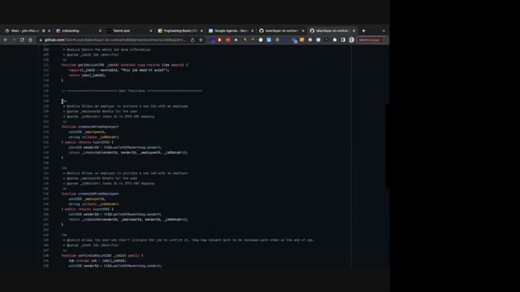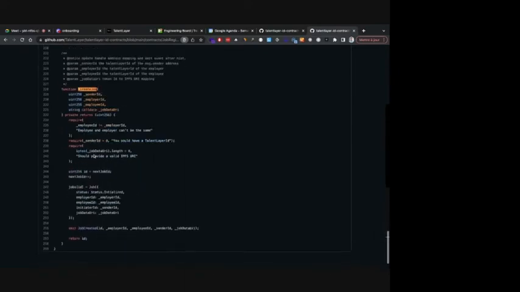So now we can go with the job creation. You actually have two functions. The creation when you are an employer, so the more usual one. Here an employer can come and say, okay, I want to create a job. We first get the TalentLayer ID, just by getting from the TalentLayer ID contract the ID of the message sender. So automatically with this line, and then if you go here,